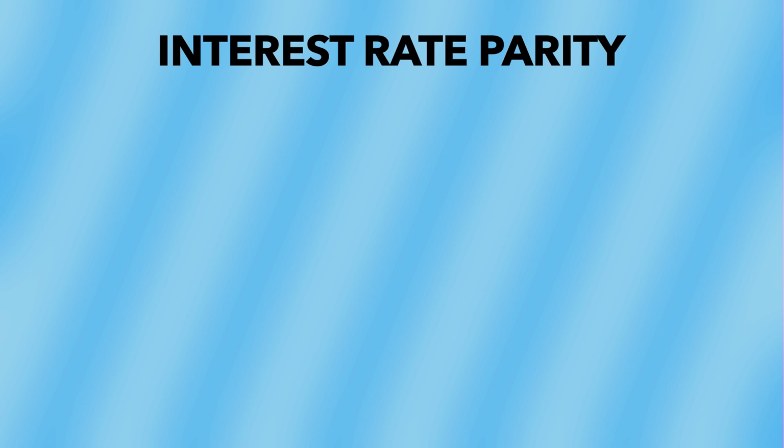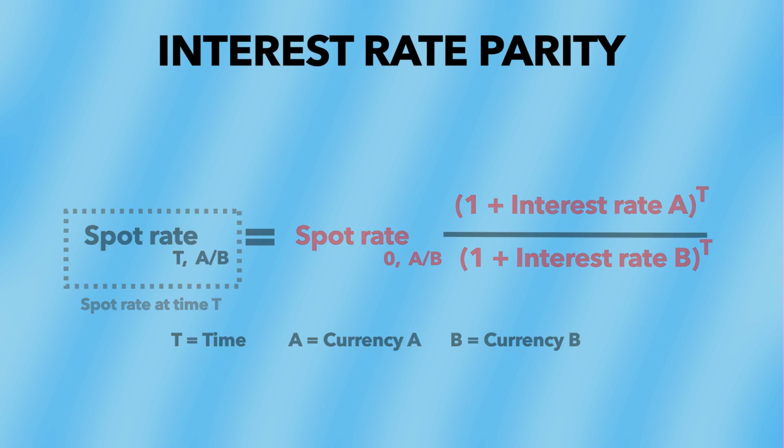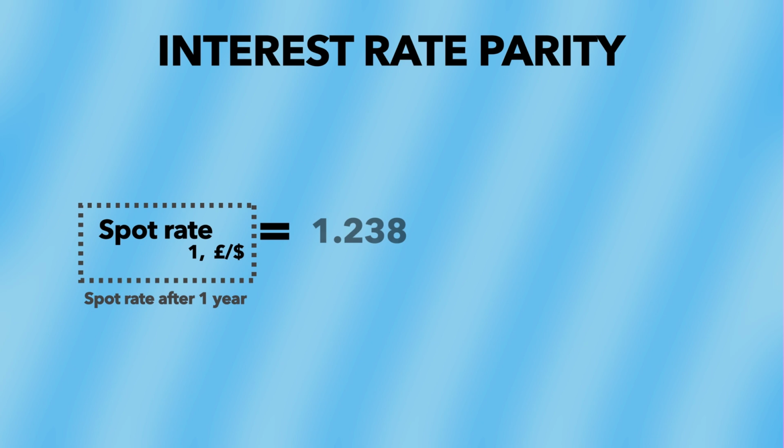The interest rate parity states that the future exchange rate should reflect the difference in interest rate between the two countries. Under this theory, the future exchange rate should be the current rate multiplied by the difference in interest rates between the home and foreign country. In the example we have just shown, the current exchange rate was 1.25. Therefore, the expected future exchange rate can be calculated by multiplying 1.25 by 1.04 over 1.05,